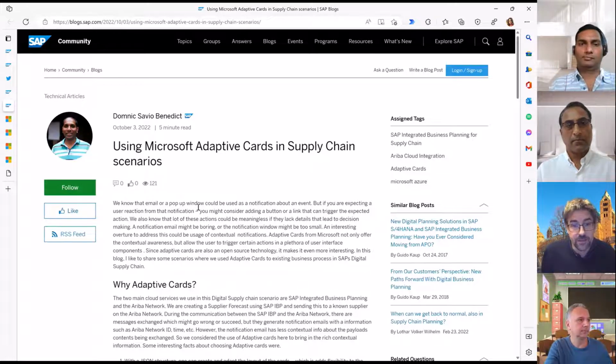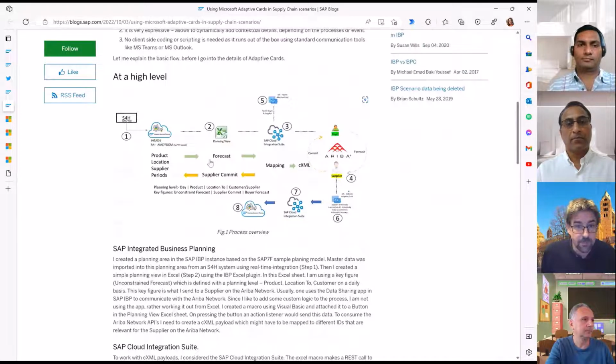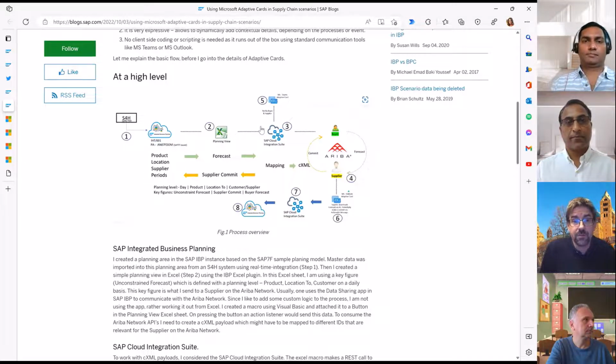And the idea is you have a flow where the planner and the supplier are working together from two sides on an Ariba system. Now when something changes, when there is an update from the supplier or an update from the buyer, this information is obviously available in the Ariba system, but now the people need to be